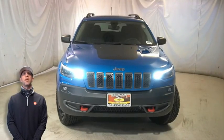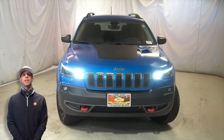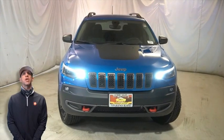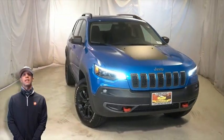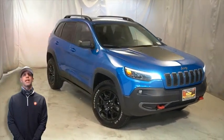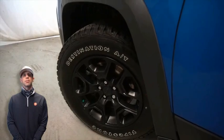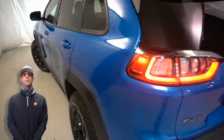If you're looking for a functional compact SUV with reliability and safety for the whole family, then take a look at this certified pre-owned 2019 Jeep Cherokee Trailhawk in Hydro Blue Pearl. With LED headlamps, front LED fog lamps, 17-inch aluminum wheels, blind spot and cross path detection, LED tail lamps, dual